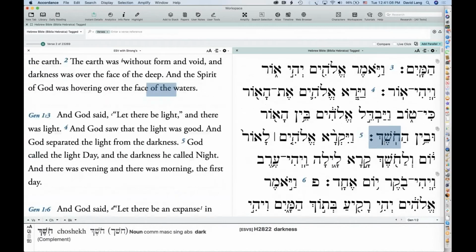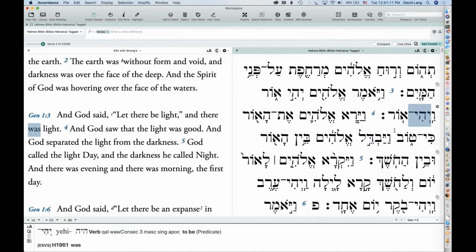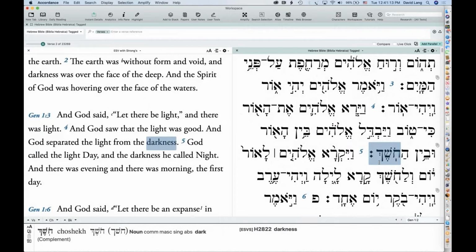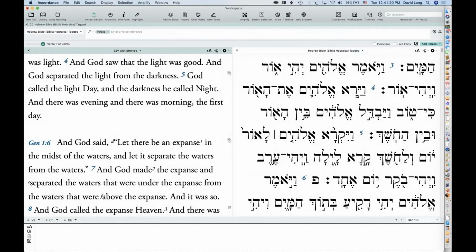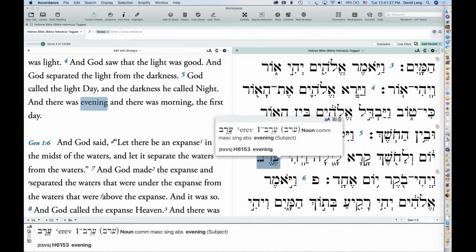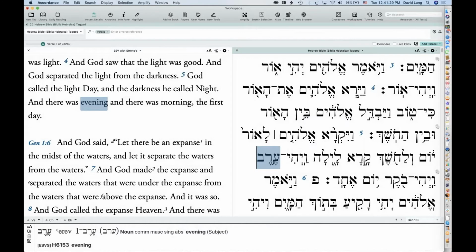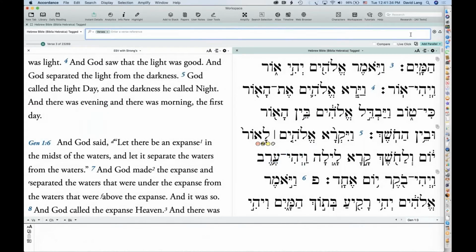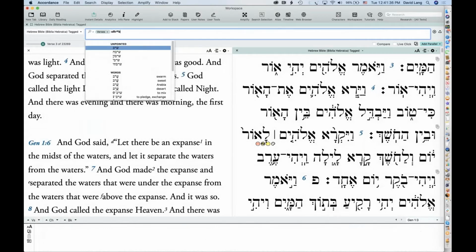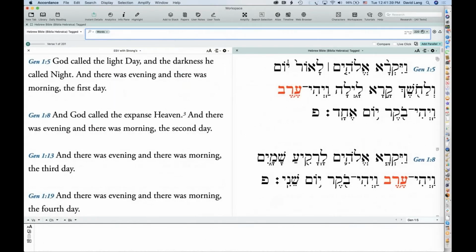Let me look at the English. I've talked about being helped by the English. So what I'm trying to get to is there was evening and there was morning, right? So there was evening. That's the Hebrew word Erev. And I'm going to copy that word and paste it in and hit return. Now, notice what happens.